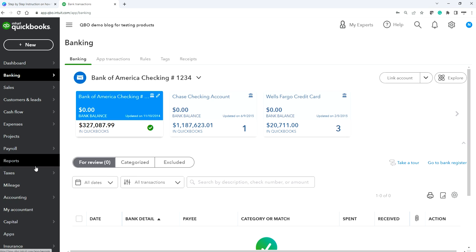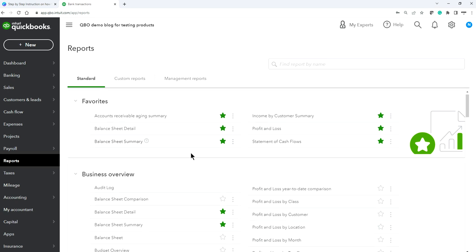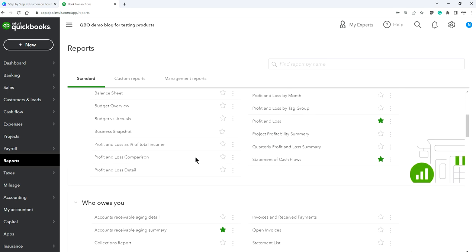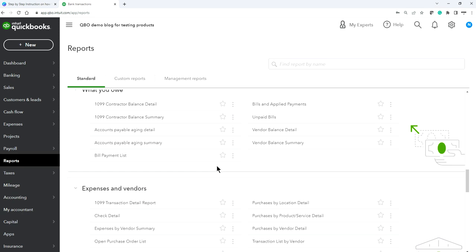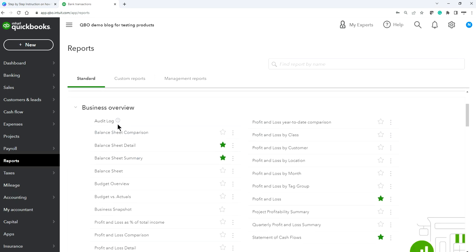Okay, so now once it's done, you just come here and click the reports. Now you want to do the book review. Depending on the plan, you see all these reports. This is the favorite thing. It comes from here. Here's the business overview and balance reports,